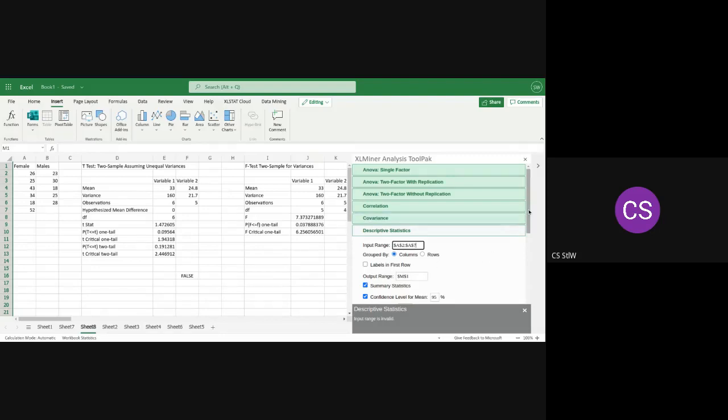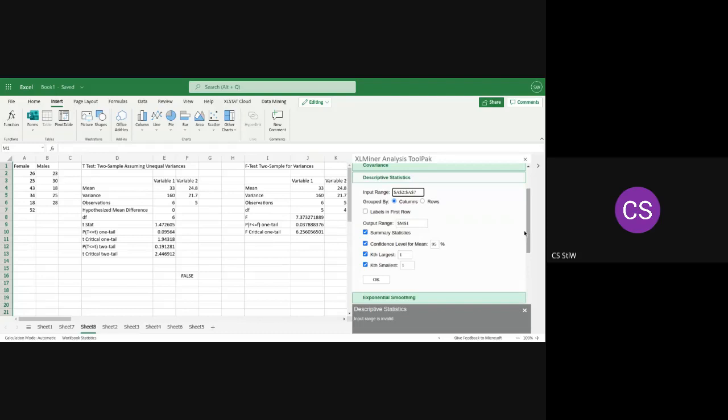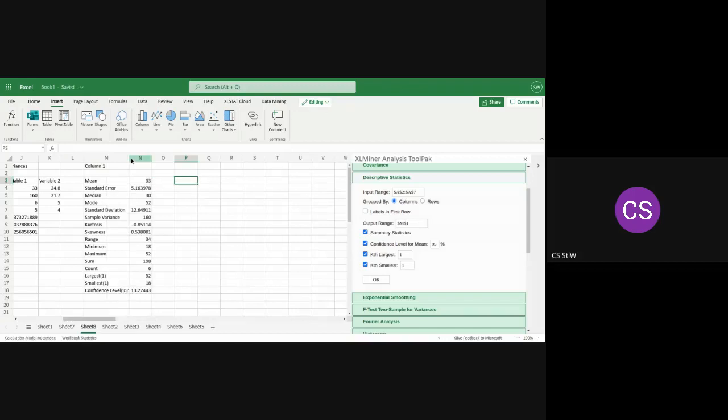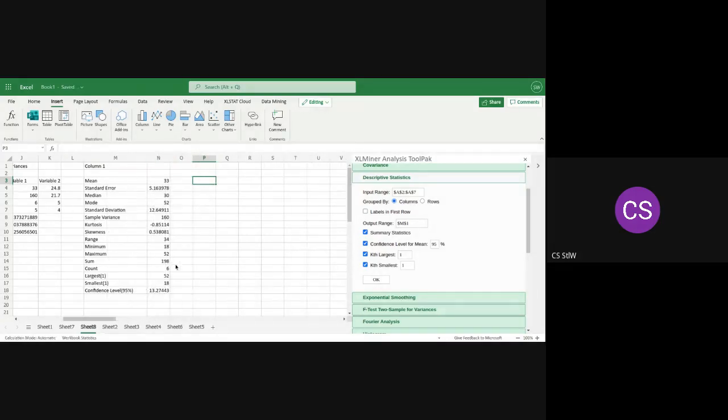Okay. So here is our output for column 1. So I think it's important we just remove the labels. Other than that,